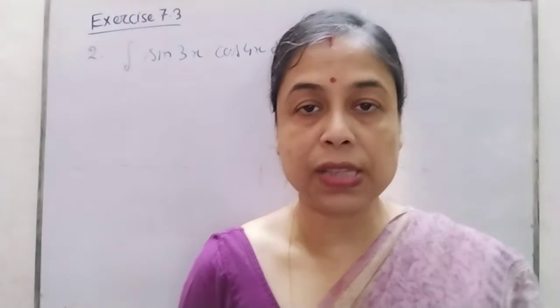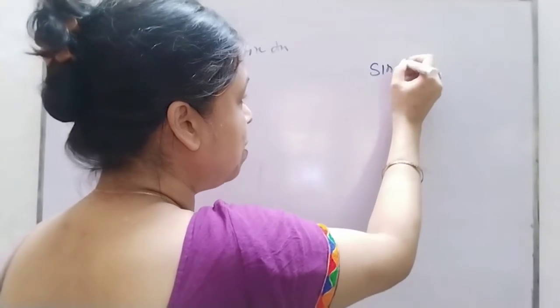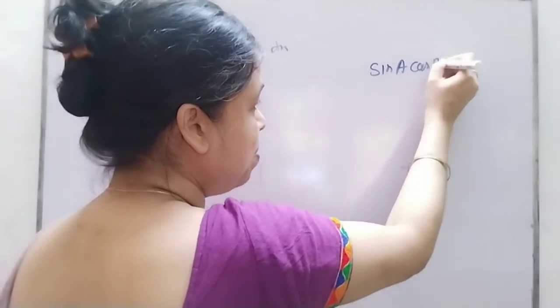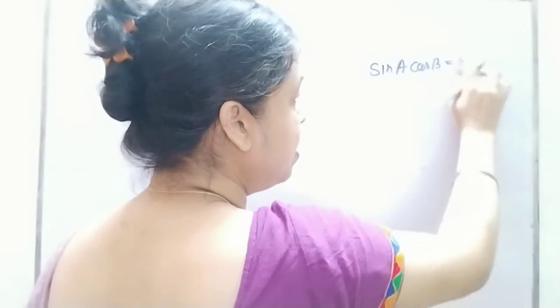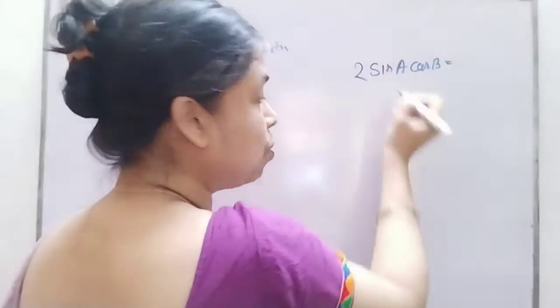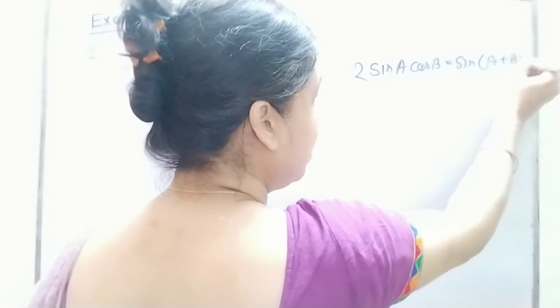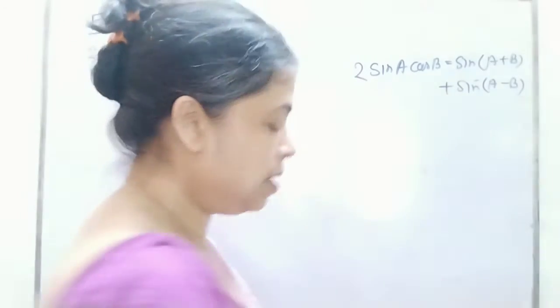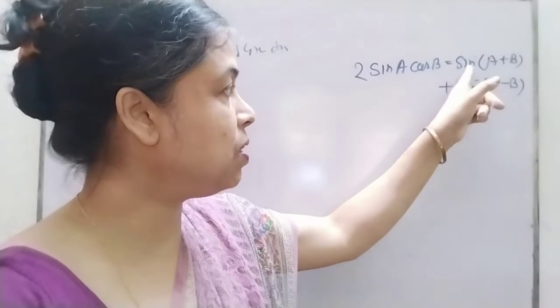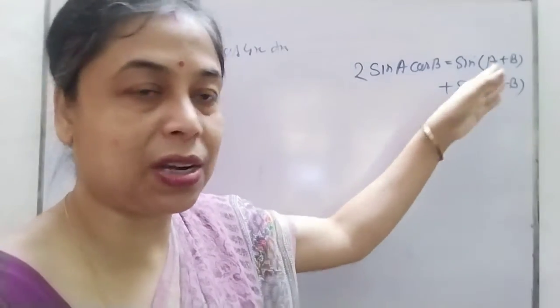Then what are the formulas we have to use? You see these formulas. You know these formulas. Sine of A cos of B is equal to half of, or 2 times is there; in your formula we have 2 times also, you can write. This is sine of A plus B plus sine of A minus B. This formula comes because you have sine A cos B plus cos A sine B, and sine A cos B minus cos A sine B, and in this way the terms cancel.